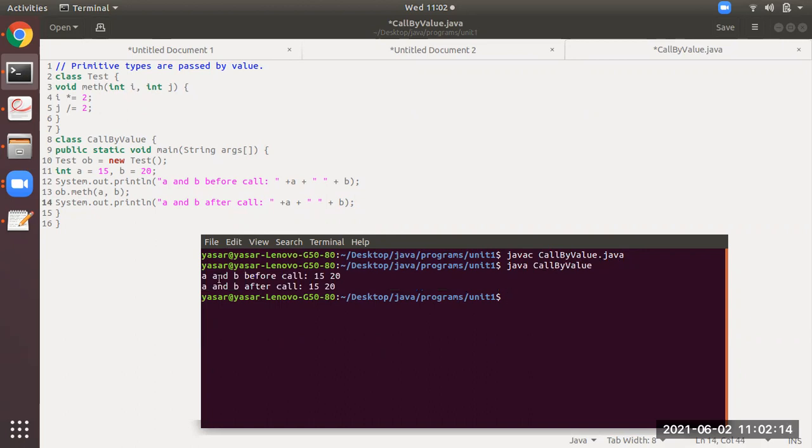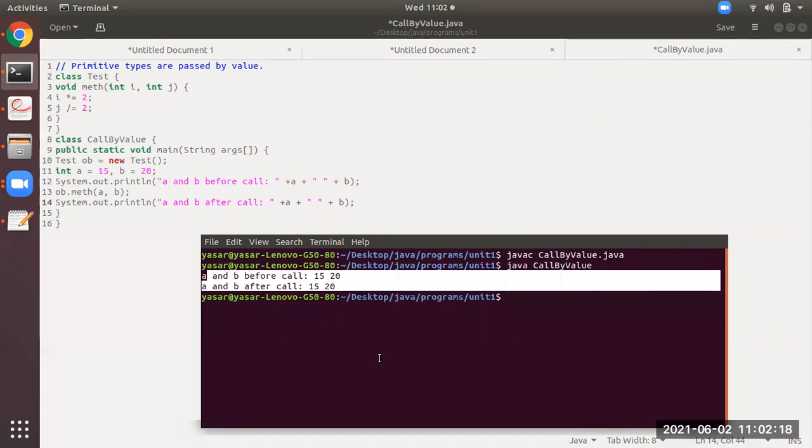See now, in this one, call by value, as you all are familiar with this concept from your C language. In call by value, if you are passing the values as an argument, it will have no effect. That is, the values will remain the same. Like you can see over here in the program,